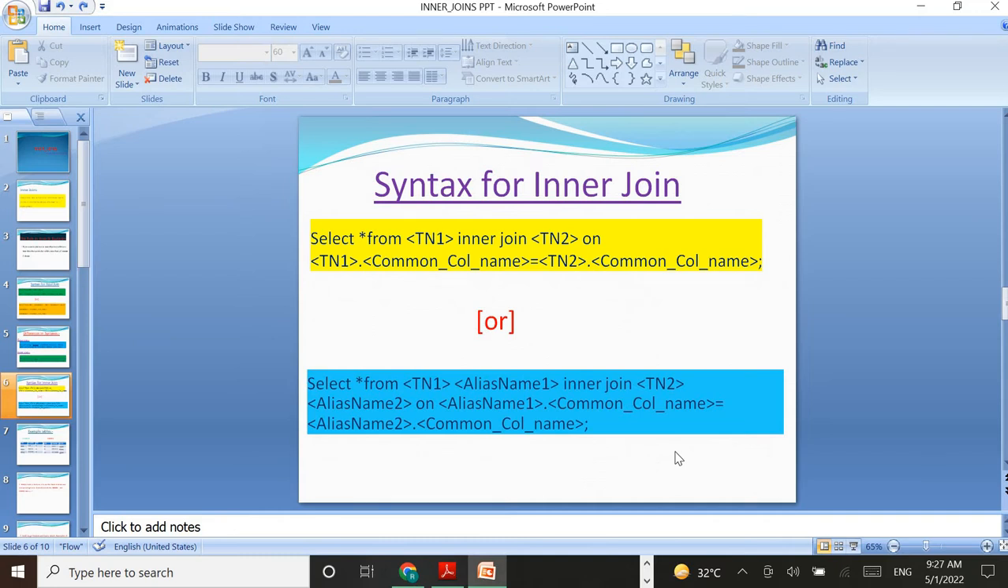So let us see the syntaxes for the inner join. There are two types of syntaxes. The first one is, as with equijoins in Oracle database, select star from table name 1, and I am giving the join keyword, that means inner join. This is the inner join concept, so now I am giving the inner join keyword. After that I am giving table name 2, and I am giving the on condition